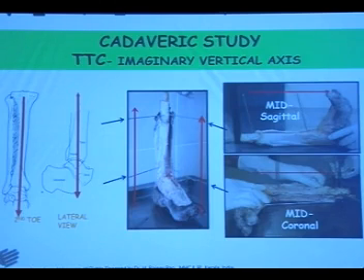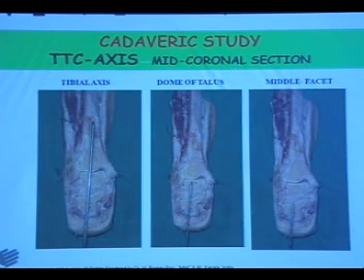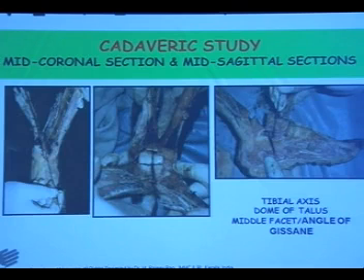After marking this, the bone was sectioned and we wanted to see where these points lie. The mid-sagittal point of the long axis of the tibia touches the dome of the talus in the middle part. It goes through the angle of Gissane at this point and the middle facet of the calcaneum. The mid-coronal section of the long axis of the tibia again passes through the dome of the talus. It goes through the middle facet, but just lateral to the middle facet in the calcaneum was the point marked. We thought about where the point would be if we combine the mid-sagittal and mid-coronal planes, and the point was at the center of the dome of the talus, and just lateral to the middle facet of the calcaneum